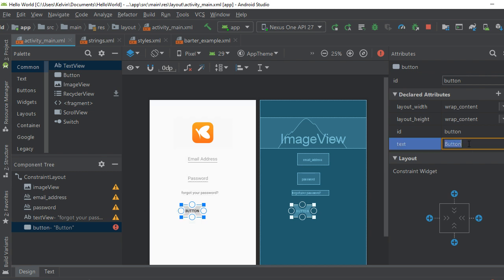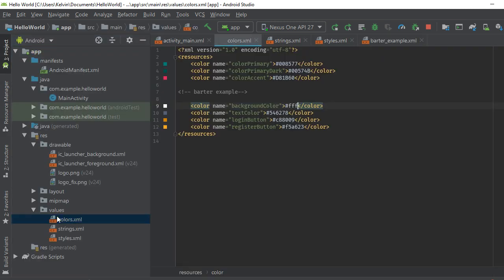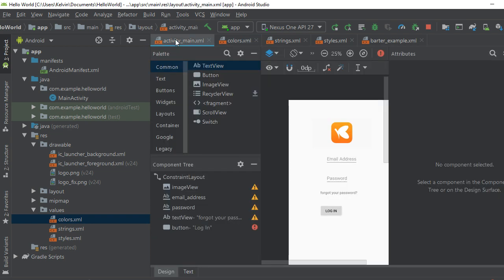Let's fix this. So let's change our text. Log in. Okay, that doesn't do much. Just change the text. We need to add color to this text. Remember, in our colors, we specified a login button color, which is this. So we could actually copy this, copy,